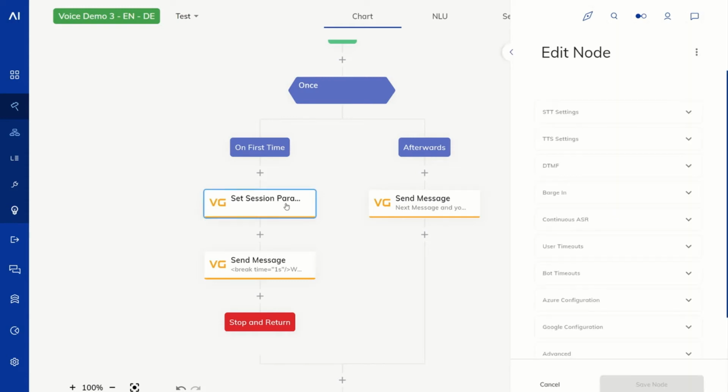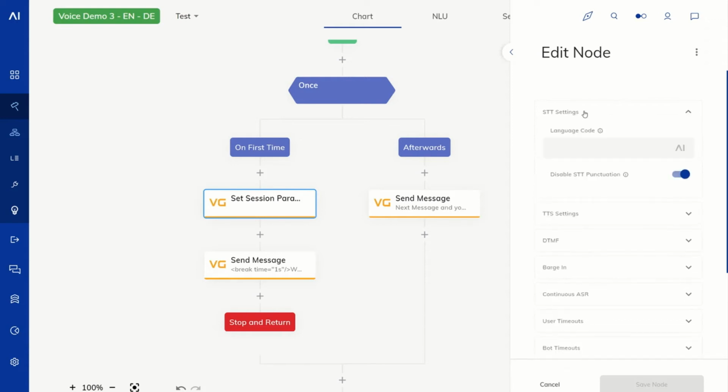Now there's a plethora of options that we can set in the set session params node. And I'm just going to go through some of those and I'll show you some fun stuff we can do with that. When you create the bot, when you set it up in the voice gateway, it will have a speech-to-text engine set, and a language set for the detection, and also a language set for the text-to-speech. So the speech-to-text and text-to-speech engines are set on a voice bot level.